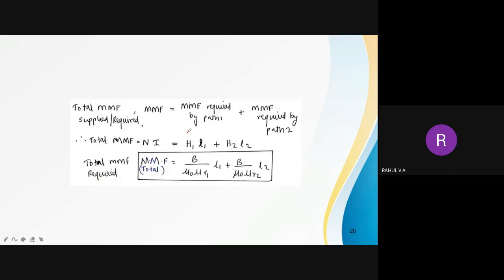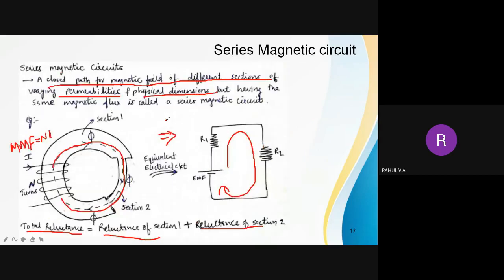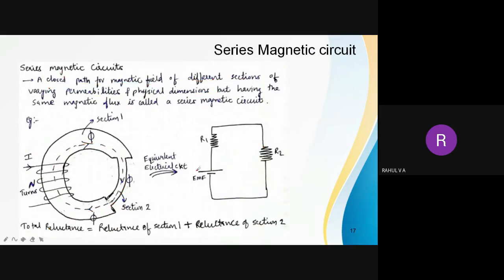And total MMF. Okay. So series circuit, again we will take the series circuit. We know that if we apply some 10 volt here, this voltage will be divided across this resistor. For example, if I draw this diagram again like this, if I give some 10 volt here, that voltage will be divided across this resistor, V1 and V2.